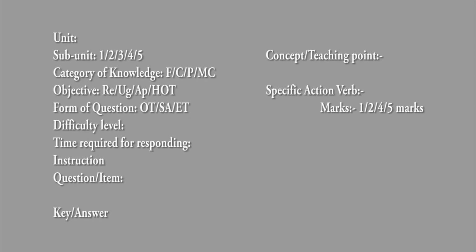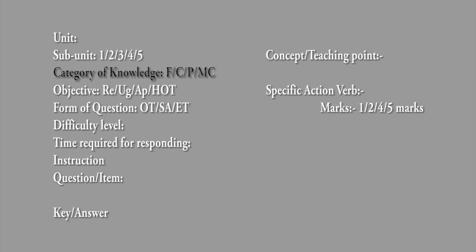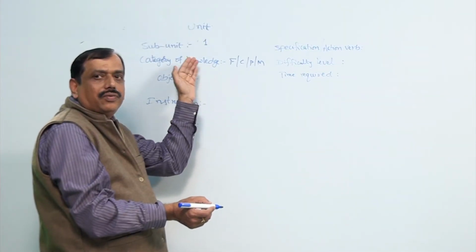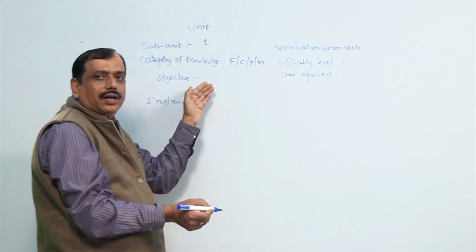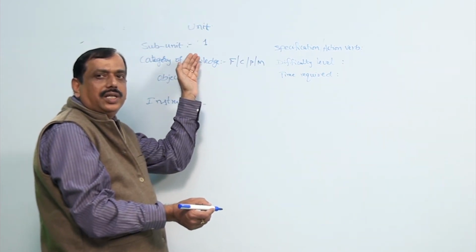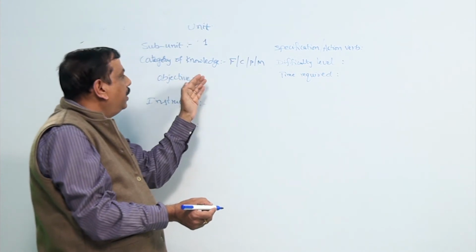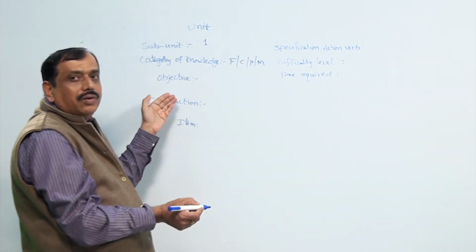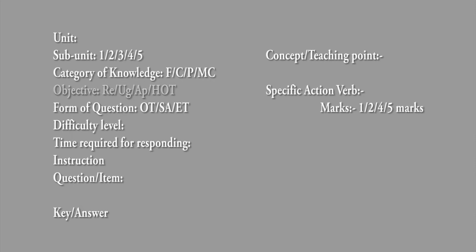So, these are the 4 categories of knowledge that we have in any subject, and as a teacher, through the help of your content analysis, you must be and you are in a position to say which category of knowledge it belongs to. So, once you specify the content area and the category of knowledge that you are going to test, you then say under which cognitive process objective you are constructing this particular question.